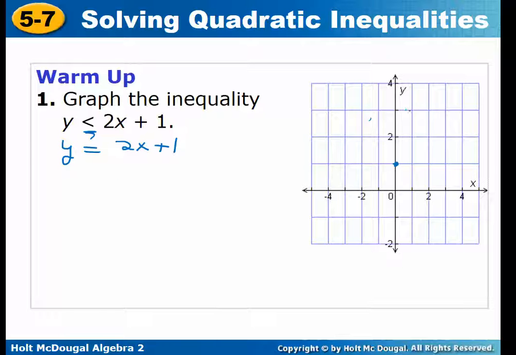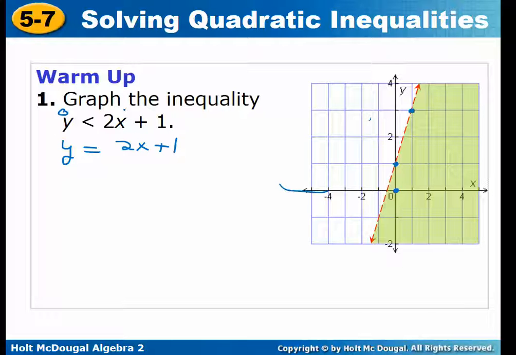Less than is going to be a dashed line, and if it was less than or equal to, then I would have a solid line. So I need a dashed line between those 2 points, and then I shade below the points because I want all the values that would create a true inequality. So if I put in here the point 0, 0, which is in my shaded region,